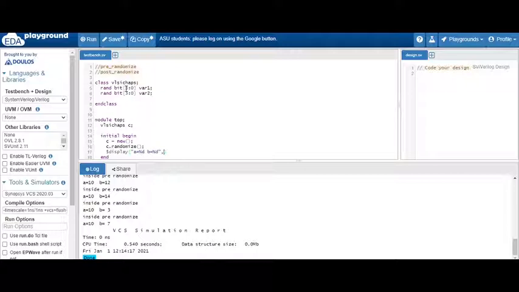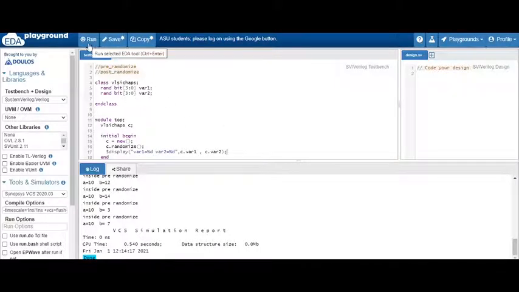So let's display the value of c dot, here last time we used a and b, here I have variable 1 and variable 2. So c.variable1, c.variable2. This is how you access the values of a variable of a class. The name of the class is VLSI chaps.